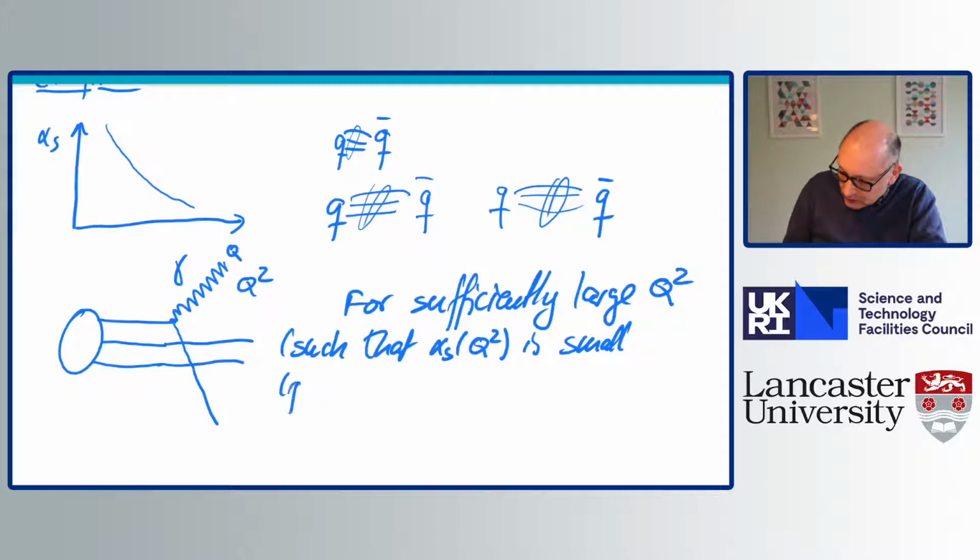Another word for small here is perturbative, such that the perturbation series converges quickly. The point is that for sufficiently large Q squared,